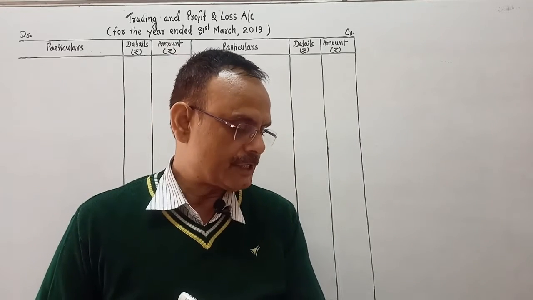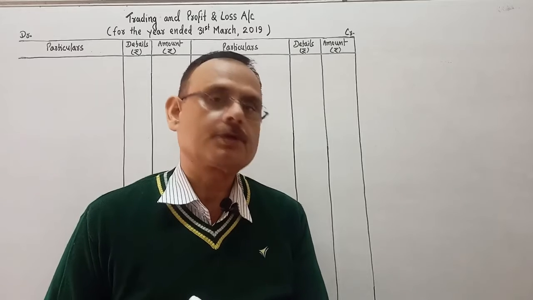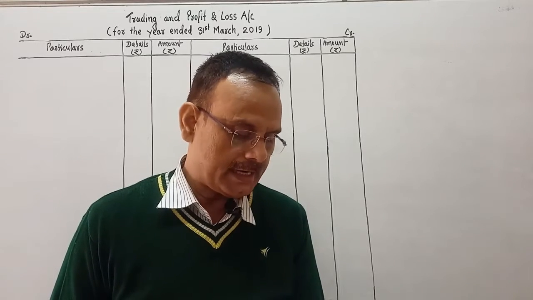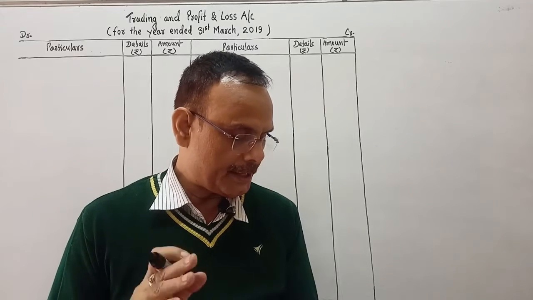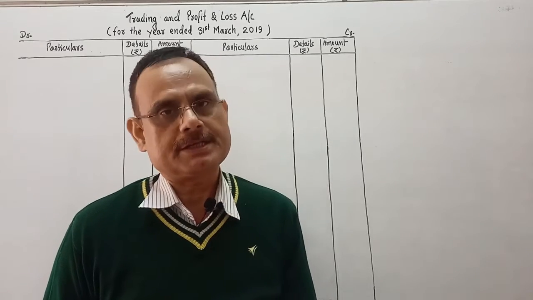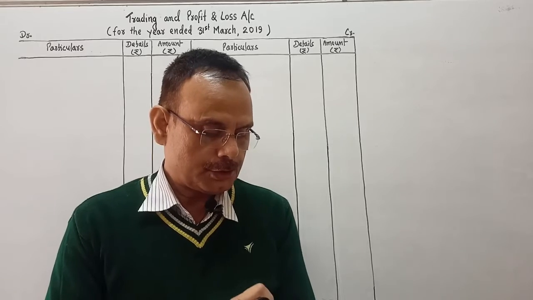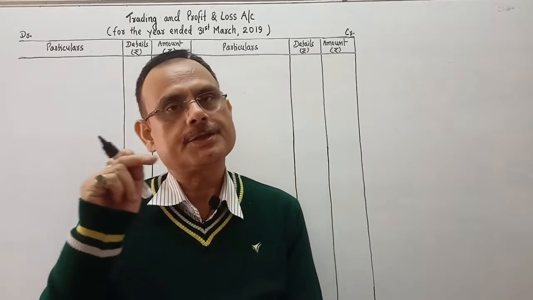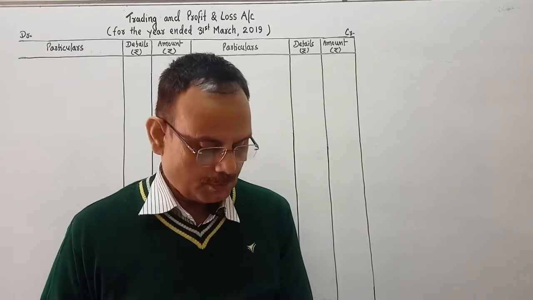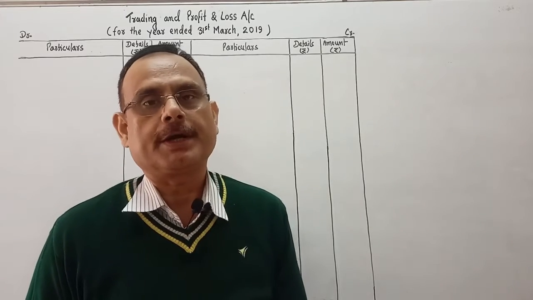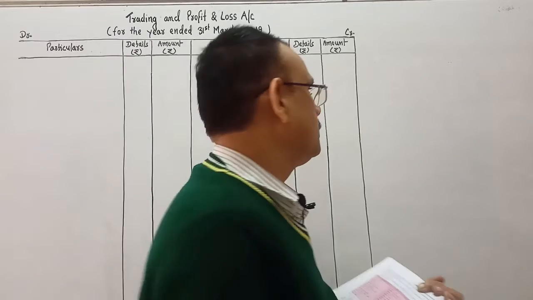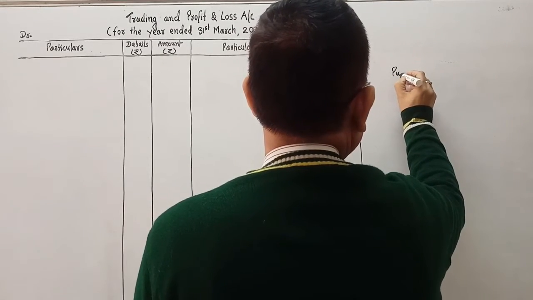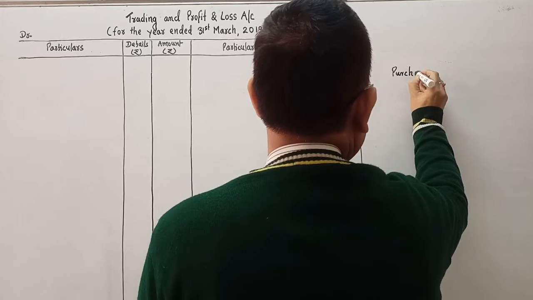So the first adjustment is, goods costing rupees 20,000 were purchased and included in stock, but no entry was passed to record the purchase. So goods costing rupees 20,000 was purchased and included in stock, but no entry was passed to record the purchase. You know, the adjustment entry will be purchase account debit,